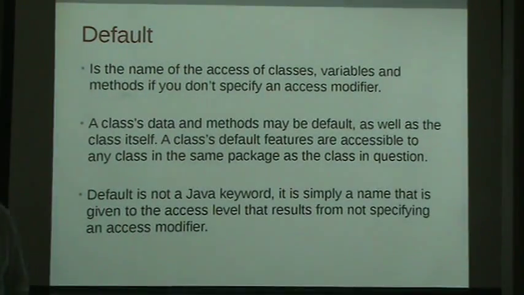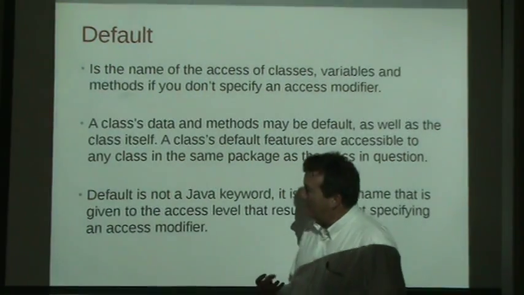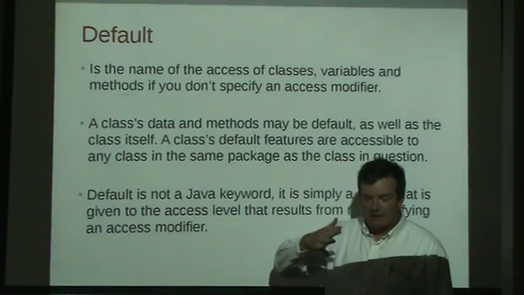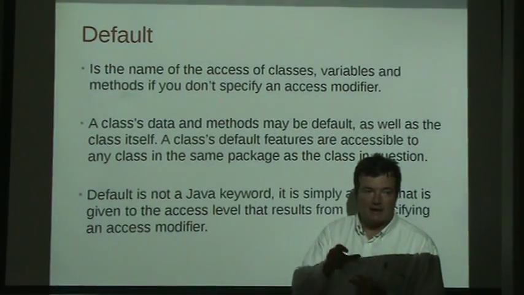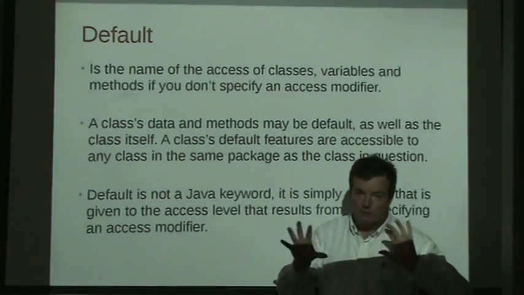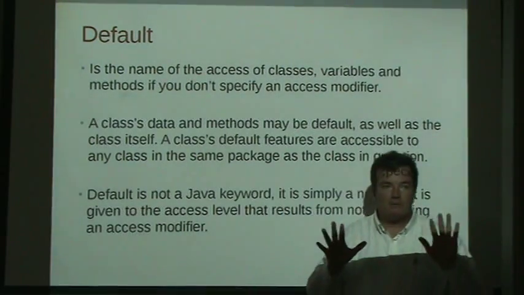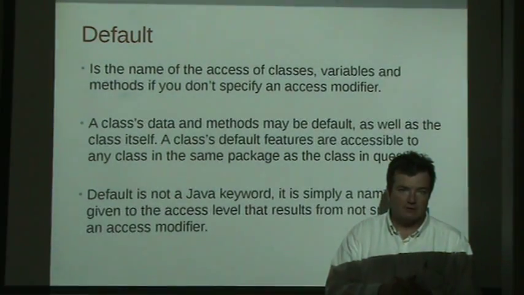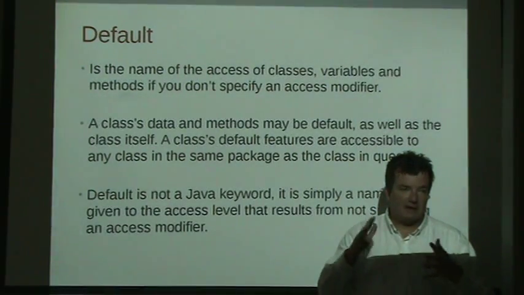So this would be a good time to go over a little bit of a history of the concept of Java packages. The idea of private variables is that any class or code outside of your class cannot access anything that's private. But you might see that there could be times when two particular classes, or maybe a set of classes, you might want to have a design where they can access each other's private data and private methods. You might say two particular classes work in conjunction with each other. They should be allowed to access each other's private